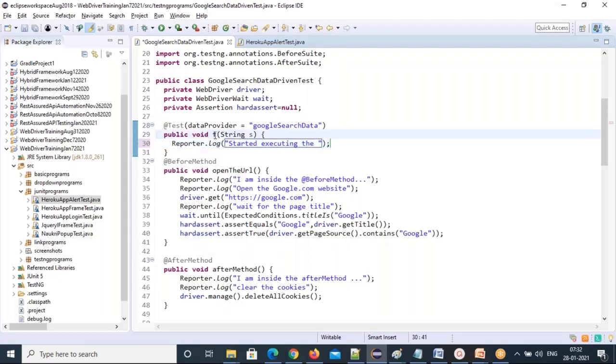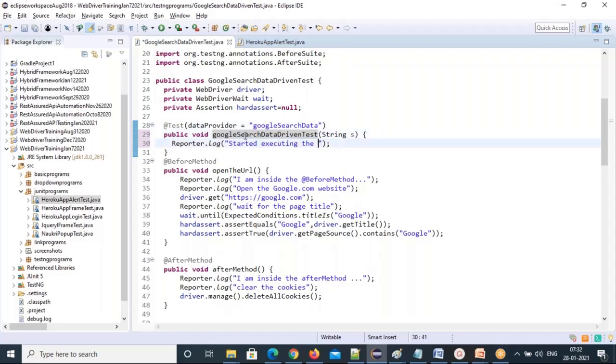So change the method name. What is this? Google search data driven. The test keyword you mandatorily need to add for the @Test, so it indicates that it's a test case. Actually, if you include the @Test annotation, it means that it is a test case. But in the method name also make sure you use the test keyword.